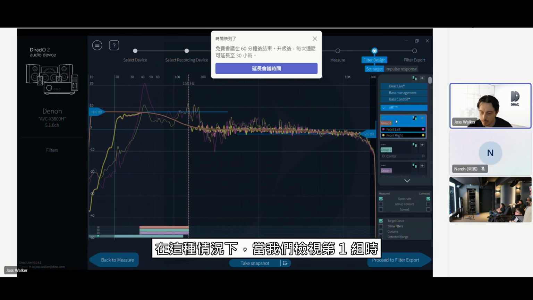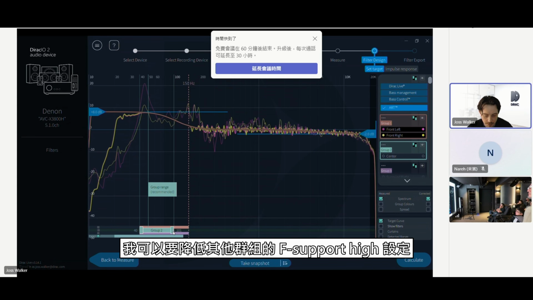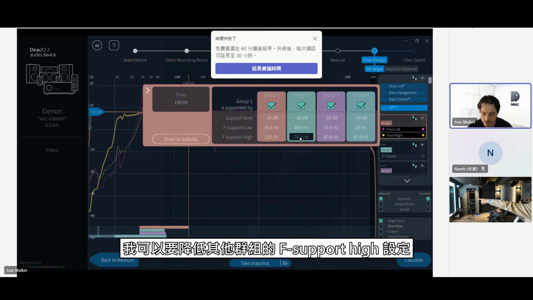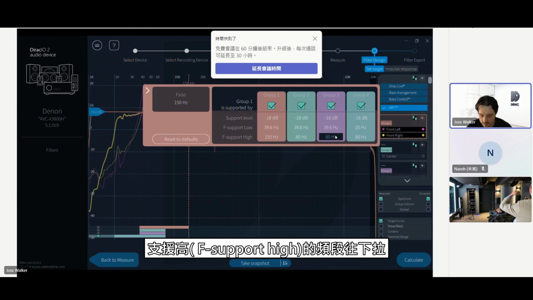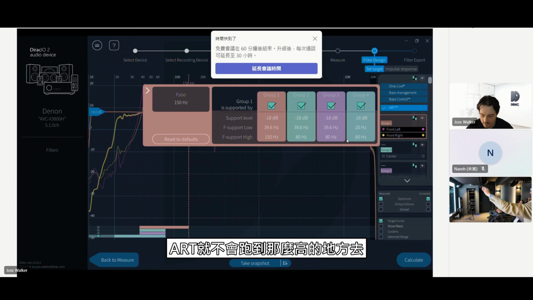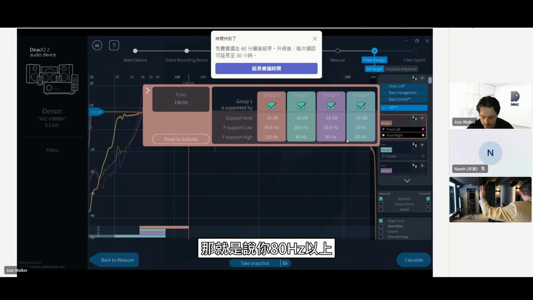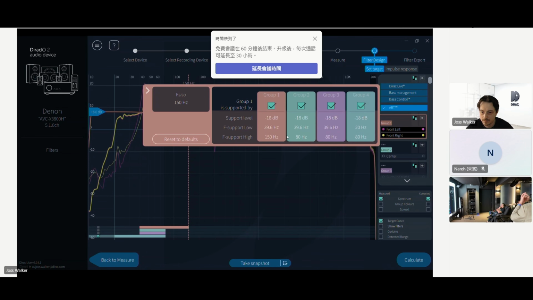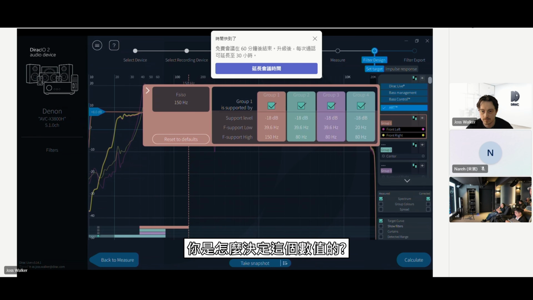In this instance, when we look at group 1, I might want to reduce the F support high on the other groups. 支援高的频段往下拉，ART 就不会跑到那么高的地方去。那就是说，你80赫兹以上就会听起来水分比较多了，因为它那个残响就会变多。因为你越往上就越干净嘛，那你就放下一点，那就会水一点这样子。